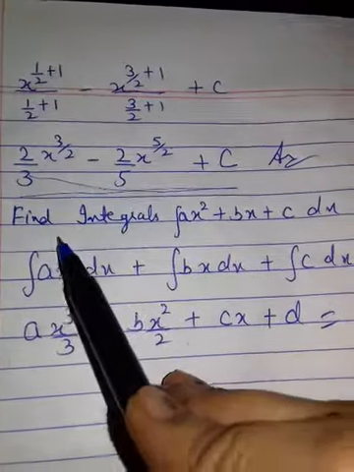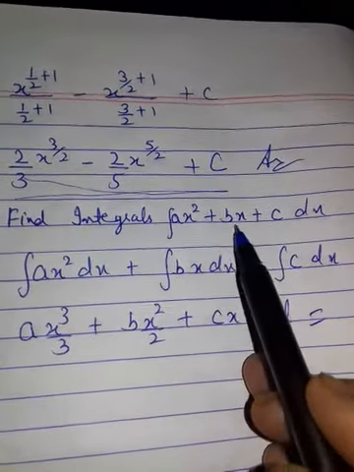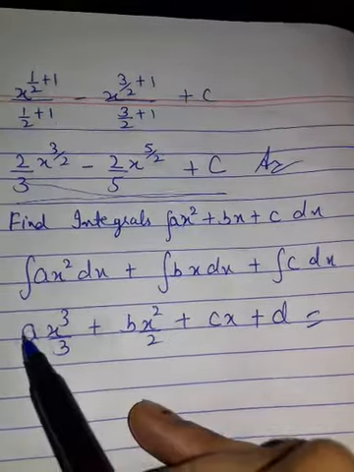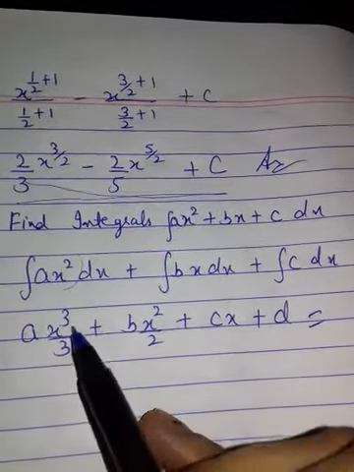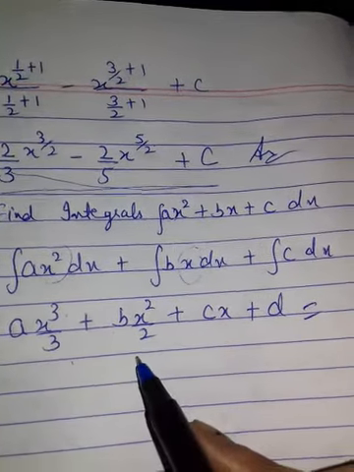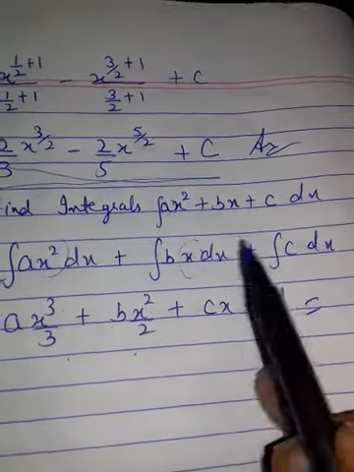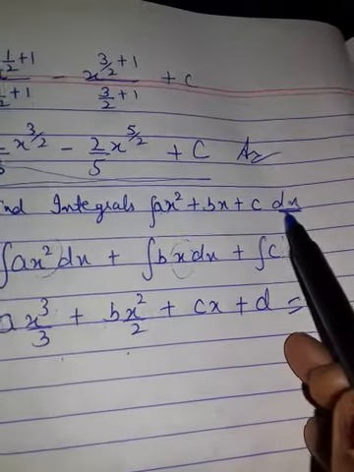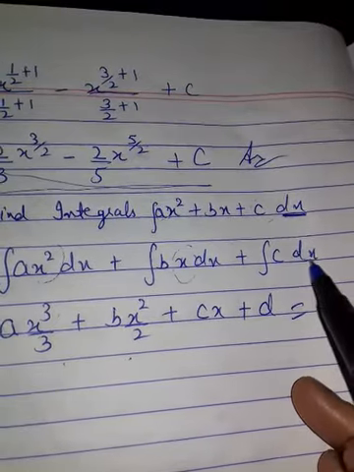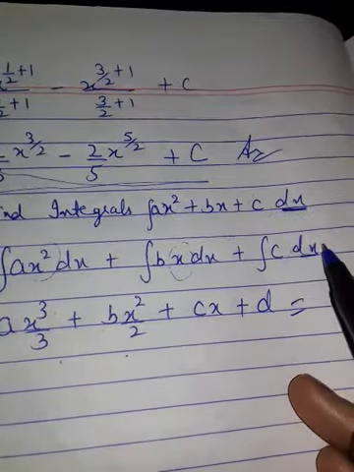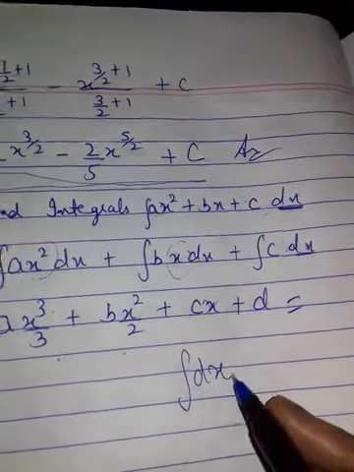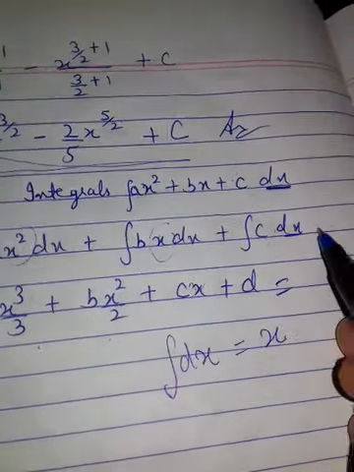The last question is find the integral of (ax squared plus bx plus c) dx. You know this a is a constant, keep it the same and take the integration of x squared. The same for b, kept outside, and you take the integration of x. Why are we doing the integration of x only? Because see this one, dx: c is a constant, so only dx is left. Under the integration with dx, you know what you have to take. The integration of this is x plus d.